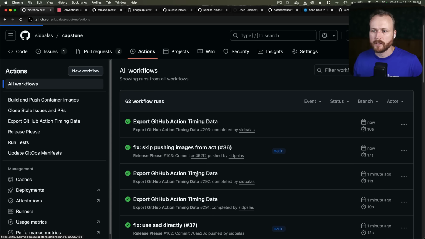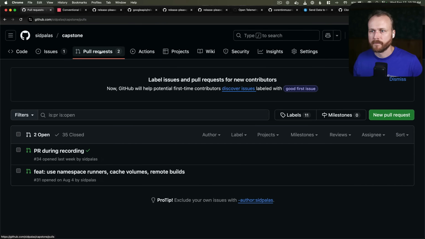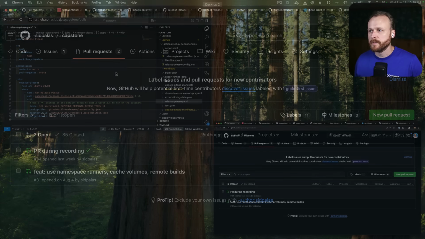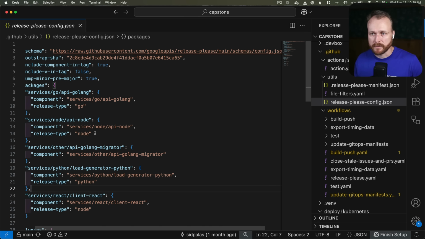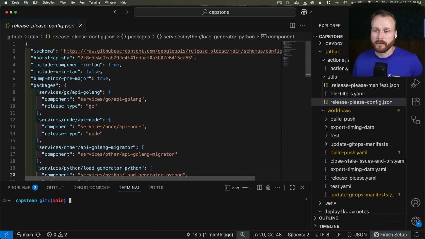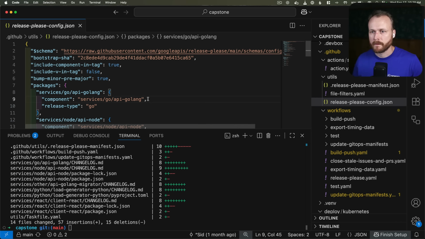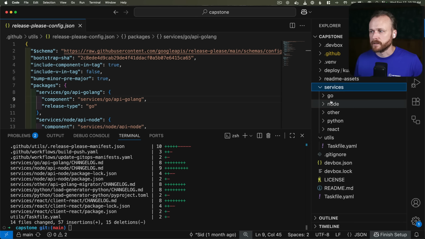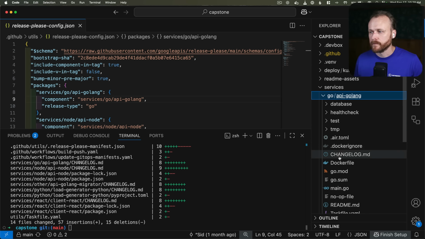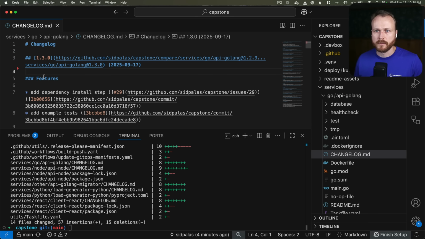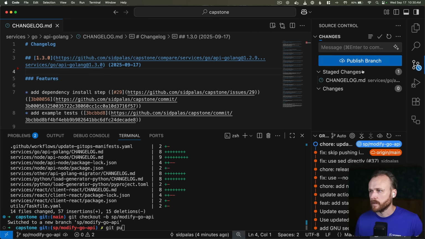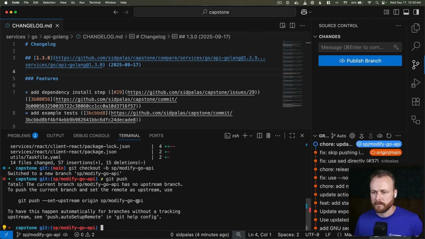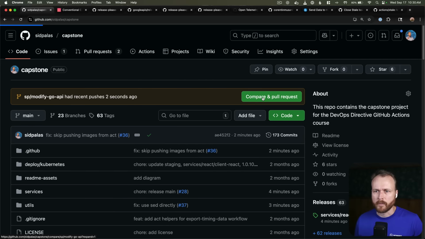And you'll notice, even though we ran our release please workflow, we didn't get a new release PR. That's because that PR didn't modify anything that corresponded to our services. Let's make a quick PR that touches one of these services and see it play out. I'll pull the latest on main. We'll make some trivial change to one of our services. Let's do the Go API. I'll just remove a new line here. We'll create a branch to commit that to. Commit it, push it, create a PR from that branch,